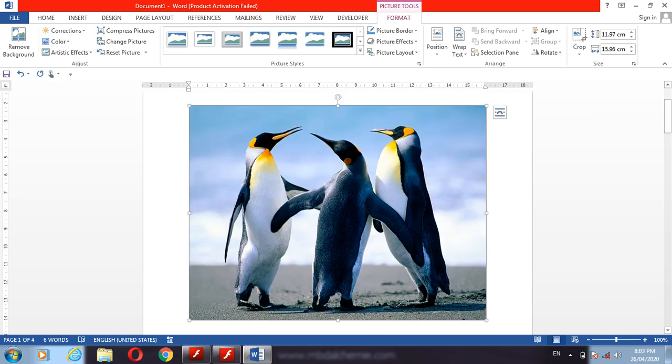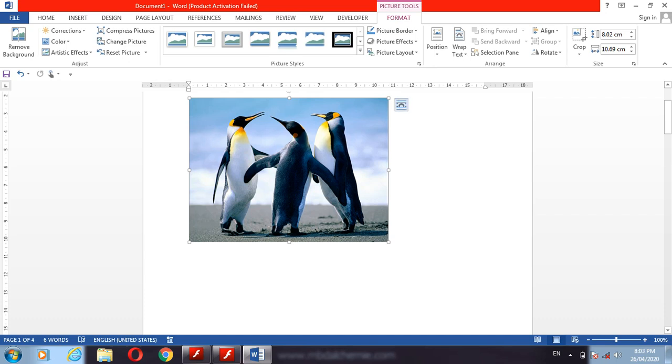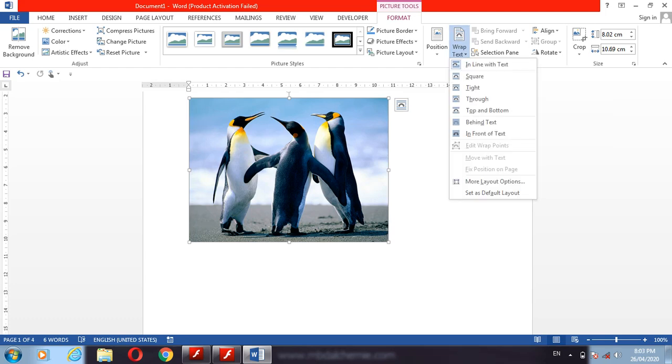In this way you can insert the picture and you can change the size of the picture, or you can format your picture. These are some settings about your picture. If you want to show your picture behind your text, you can click on here.